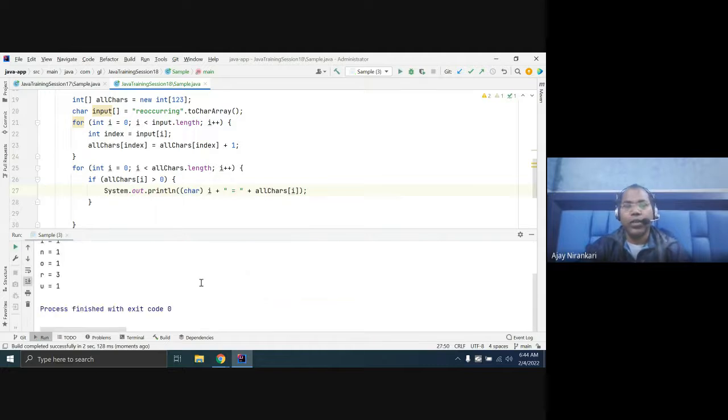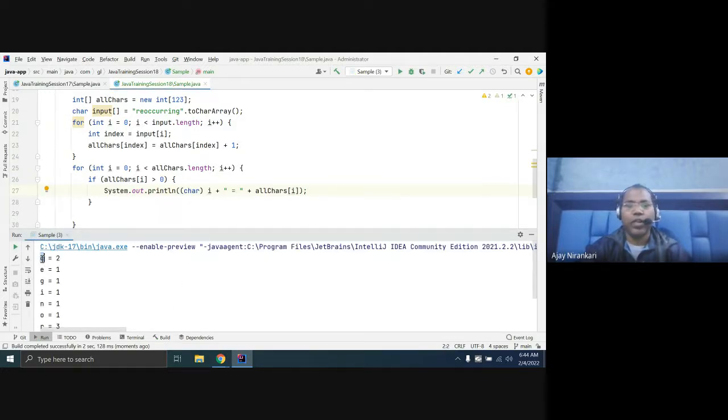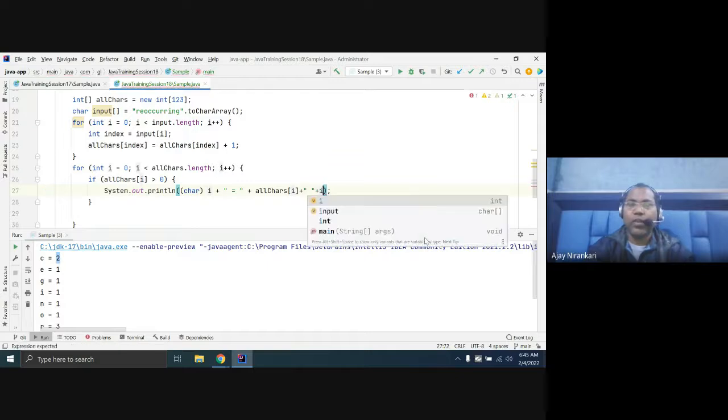In this way, you can figure out each character and its number of occurrences. You notice that C has 2 occurrences, but you want to position it at i only. So this is the actual array position.